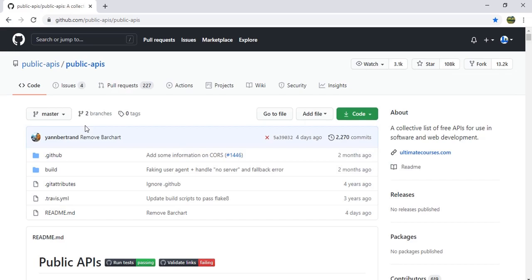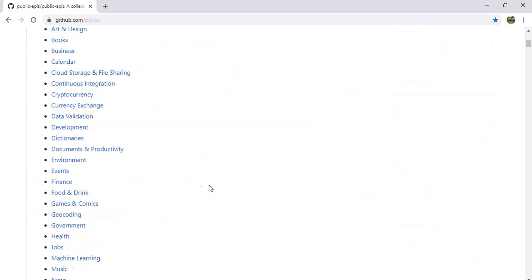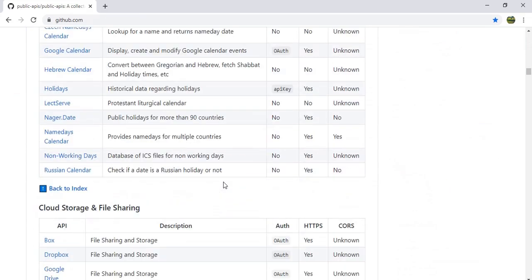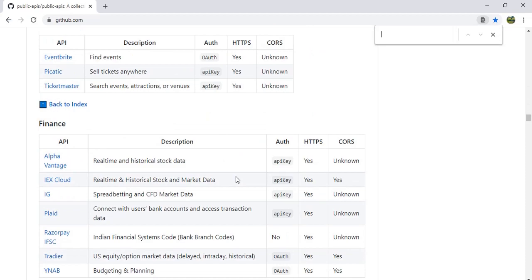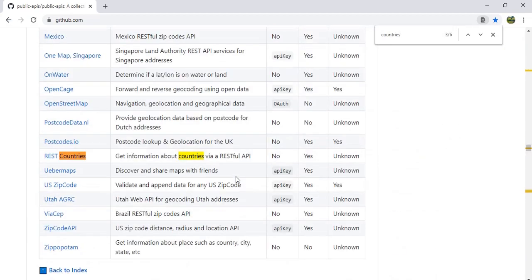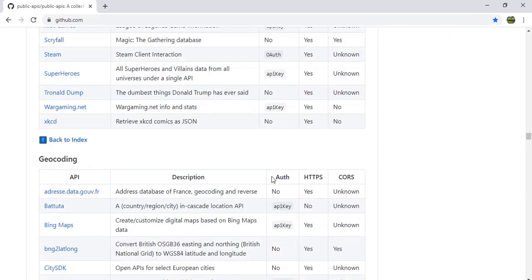GitHub provides so many public APIs, you can see here, and I am going to use the countries API. So I just search for that. You can see here REST Countries. Here we can see the three fields: authentication, HTTPS and CORS.